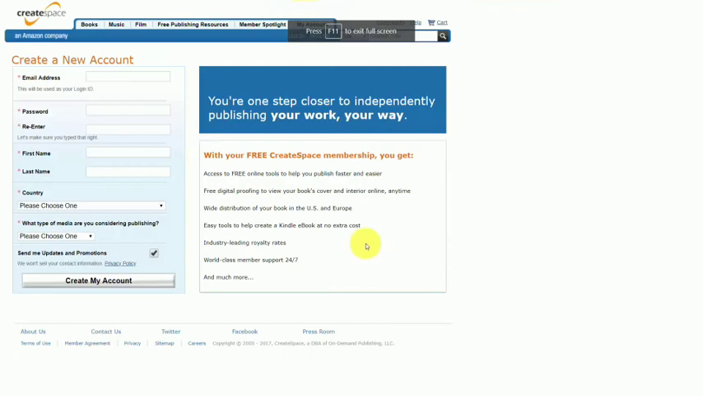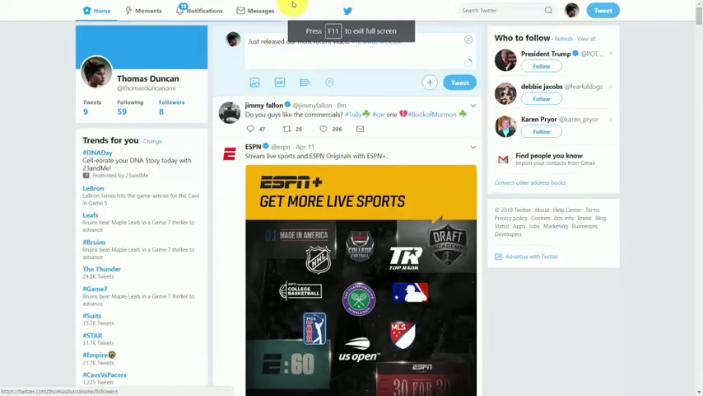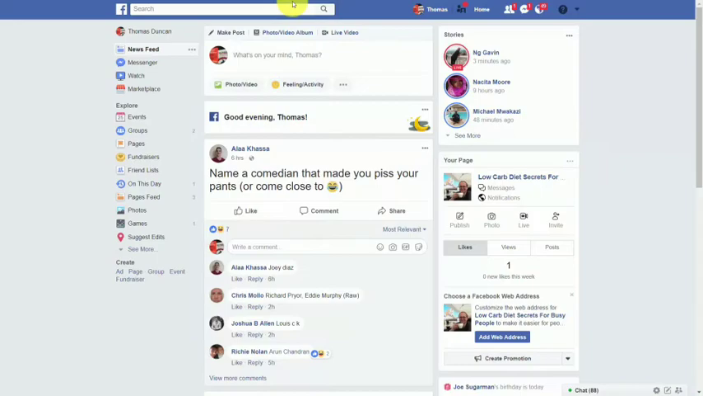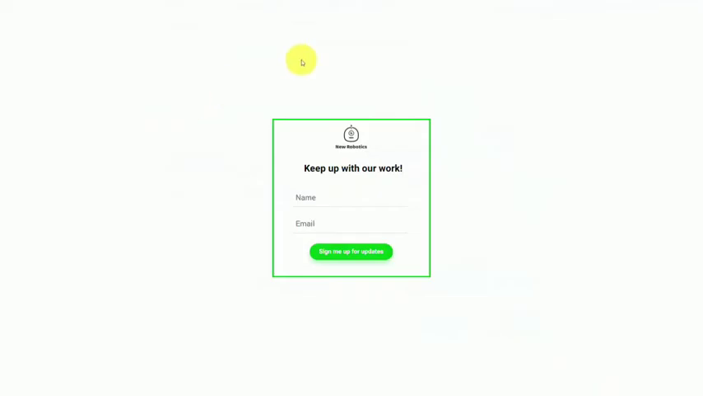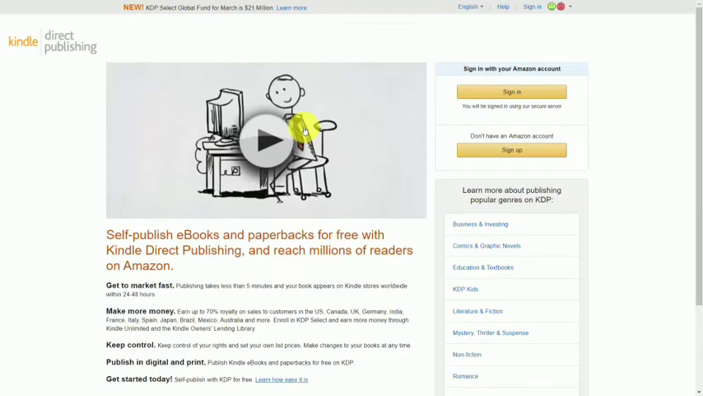You want to do what you can to make use of CreateSpace, Amazon KDP, as well as social media sites such as Twitter and Facebook. And at the same time, there is no substitute for building and using your email marketing list. So everything surrounding Amazon Prime you want to use to drive people to your email marketing list. And you want to use the repurposed content